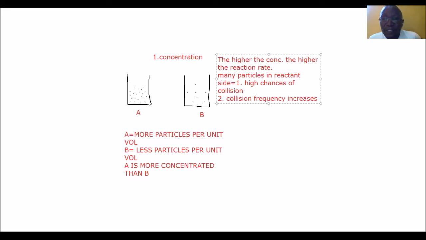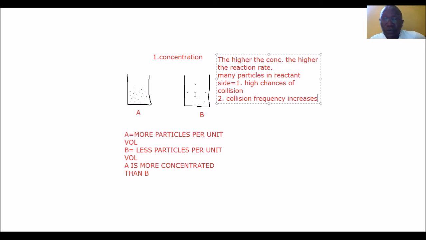So when we talk about the collision frequency, this is the number of particles that will be colliding per unit time. So you can see when the particles are very close to each other, the distances in between them are very short, so they take a very short time to reach out and collide. So that is why we are saying in A, the reaction rate here will be higher because of the high